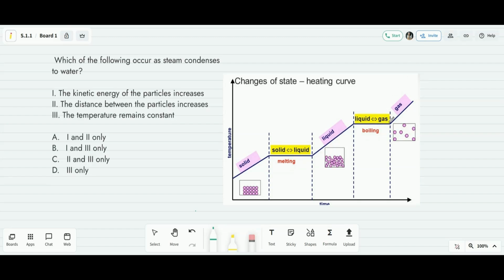Further addition of heat will increase the average kinetic energy of the gas particles and the temperature of the gas increases. So wherever you have a phase change, the potential energy is increasing, kinetic energy stays constant, temperature also stays constant, and when the temperature is increasing, the kinetic energy increases and potential energy stays constant.